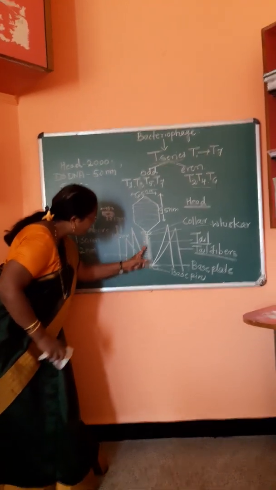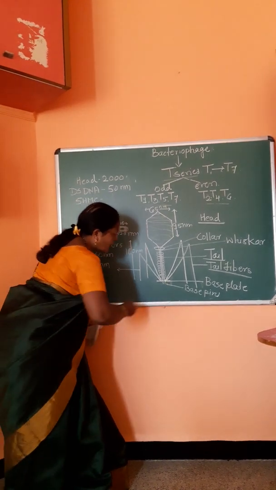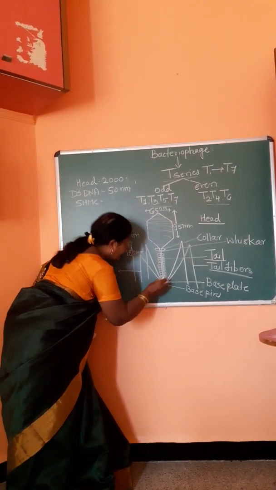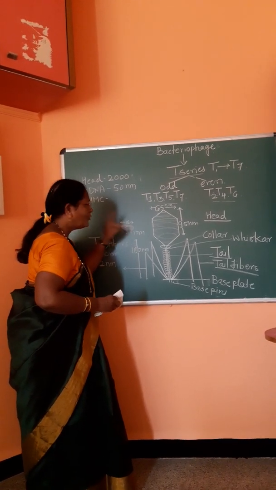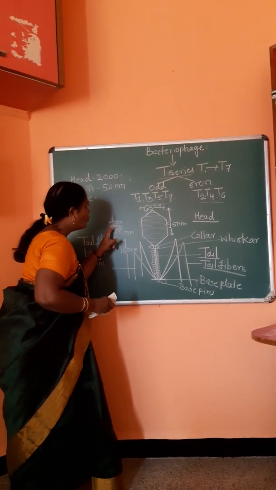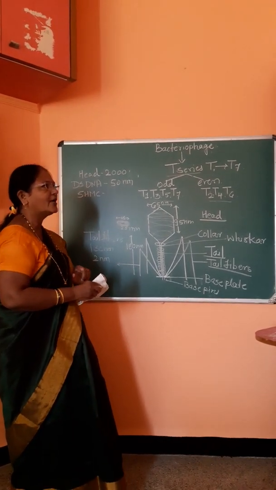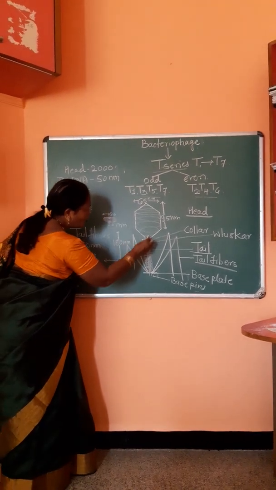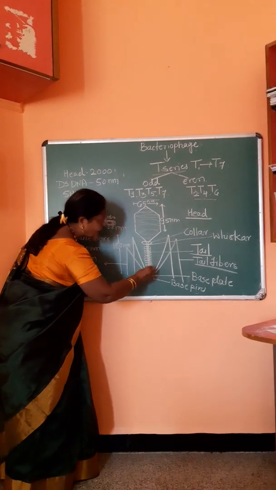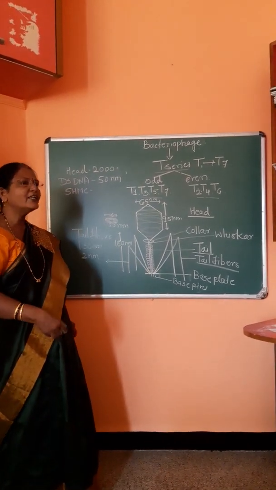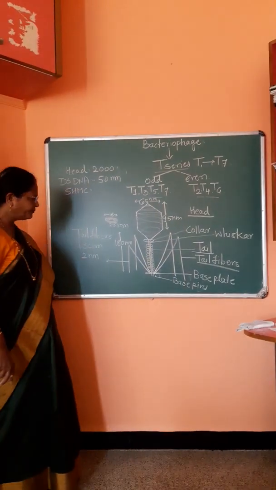So this is the length of the tail. This is the diameter of the tail. When we count the diameter, we have to count the entire area. So that is the entire area. Sheathed proteins are present. So 18 nanometer is the diameter, and the inner core, that is a hollow tube, is present. What is the diameter? 2.5 nanometer. And that's why, due to this hollow region, the genetic material can travel through the tail tube and is inserted into the host cell. Okay, so this is about the sheathed tail.